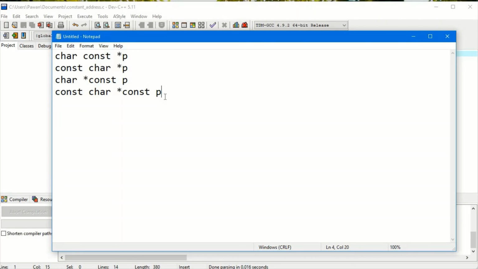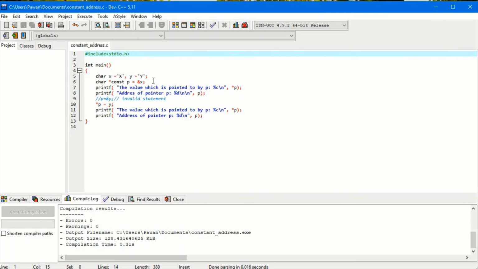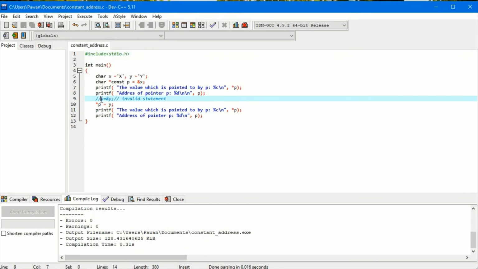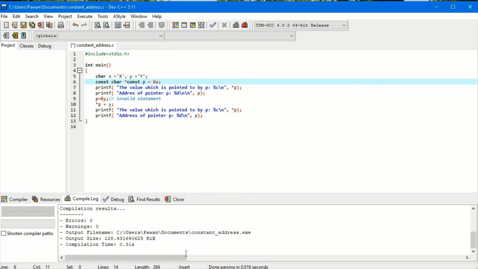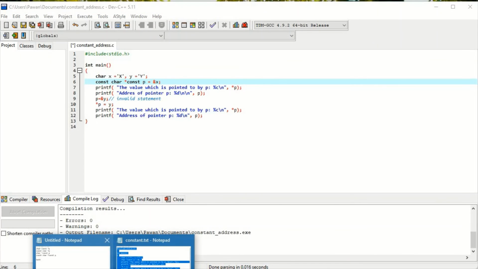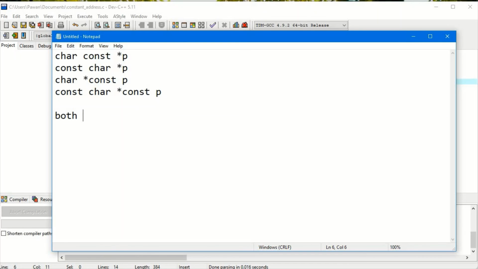So in this case, if suppose through code I say p equals to address of x, this will also be wrong. p equals to address of y is wrong, because I have written const char asterisk const p.